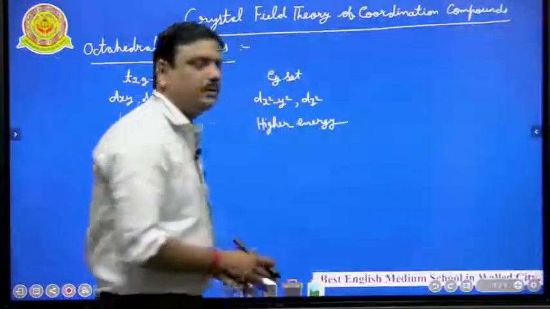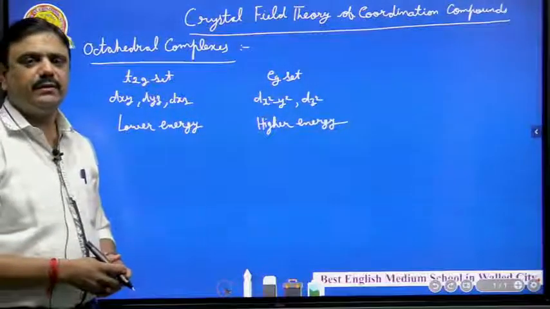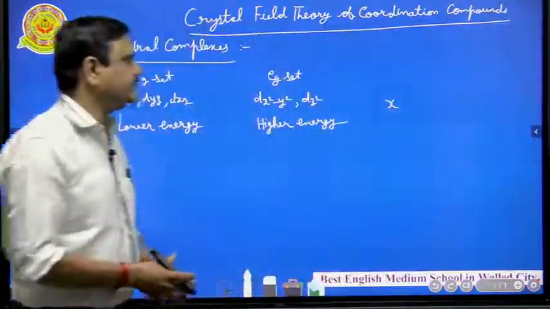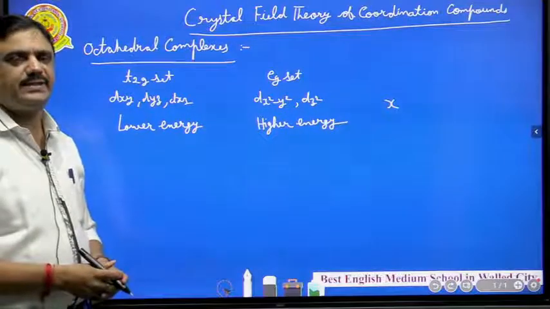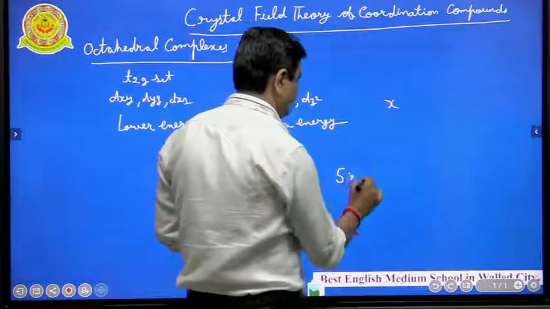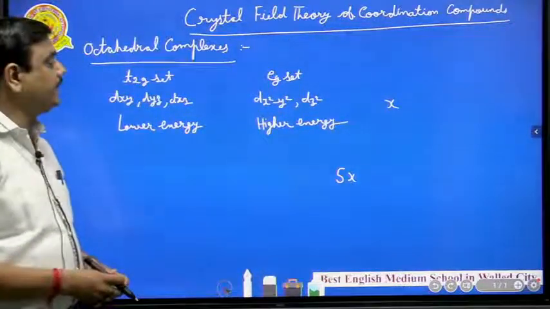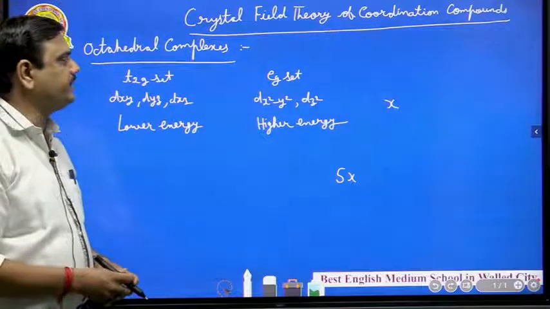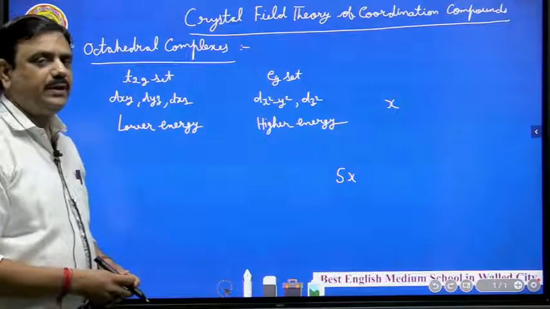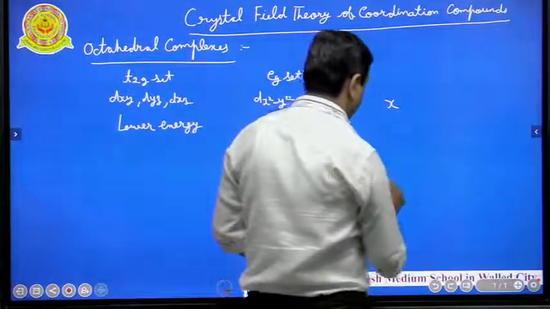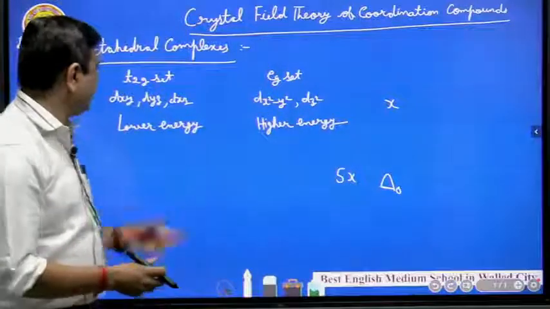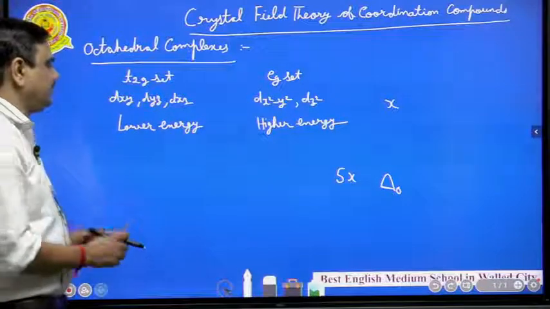Suppose the average energy of these 5d orbitals is X. It means the total energy is 5X. Okay. Now let's consider that the difference between the energies of the two sets of orbitals is represented by delta naught. Now the energies of each of these orbitals will be